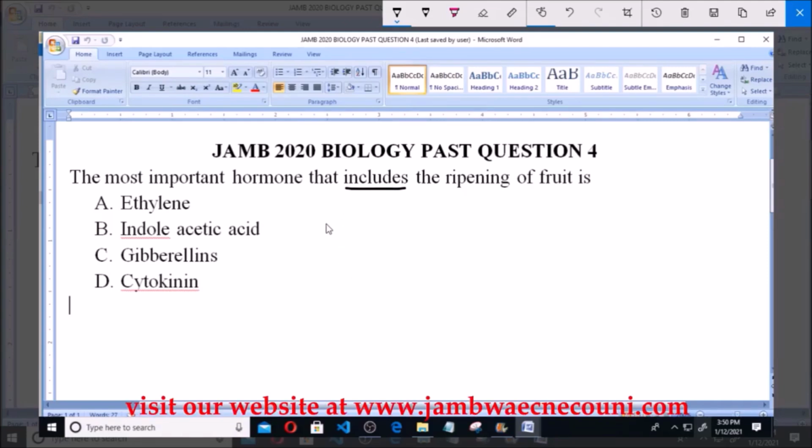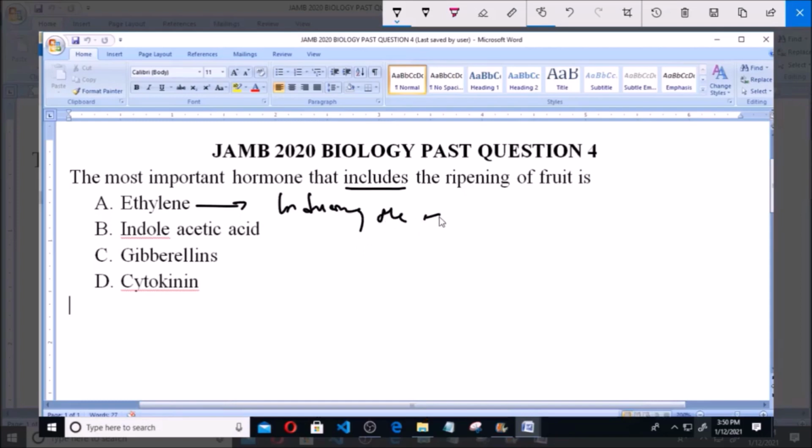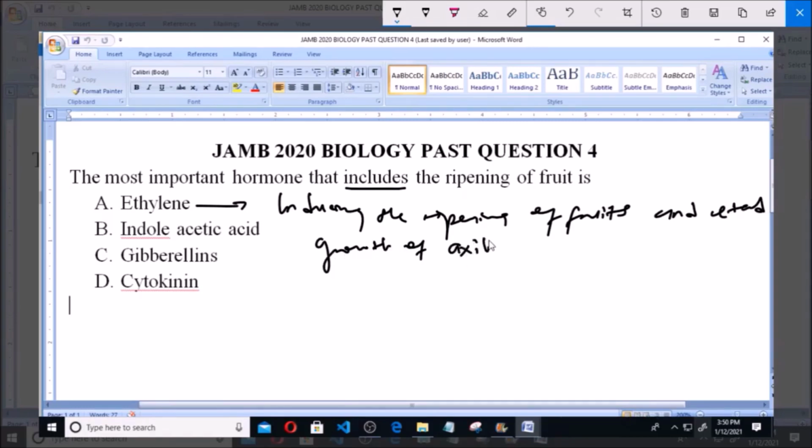own specific function. Now ethylene here is specifically responsible for inducing the ripening of fruits. That is the main and primary function of ethylene. It induces the ripening of fruits, and it also retards growth of axillary buds. Now the indole acetic acid is another name for auxins. It's another name for auxin. Now auxin